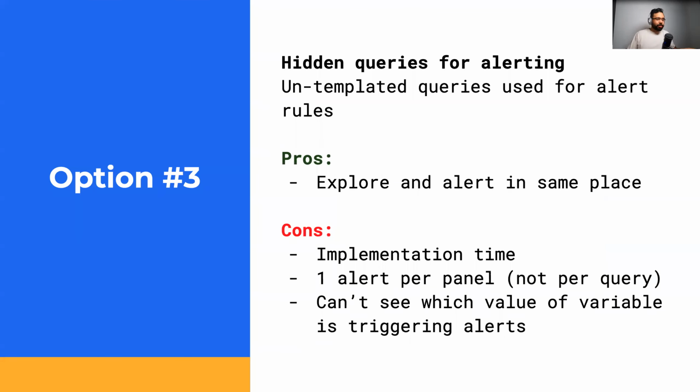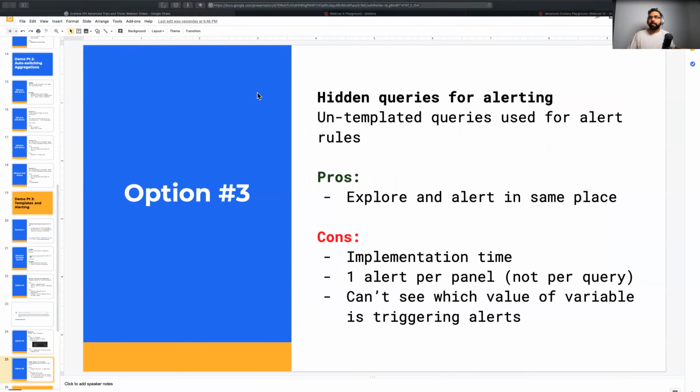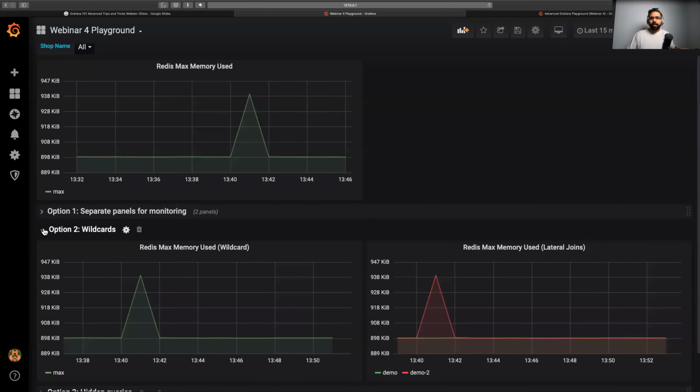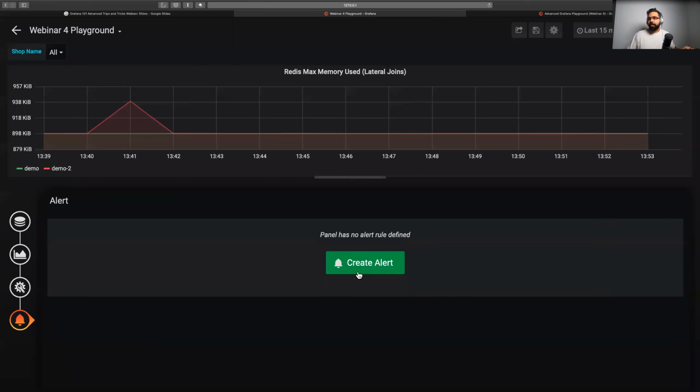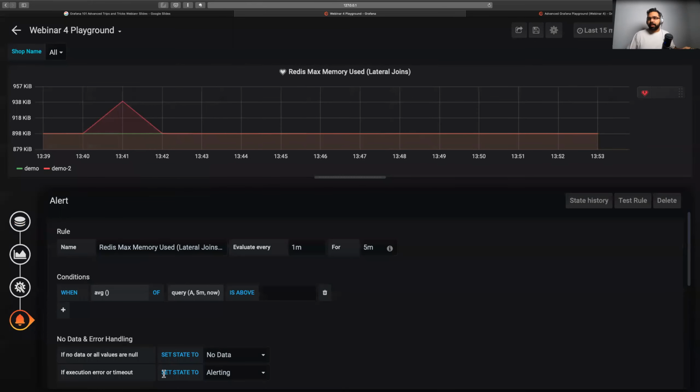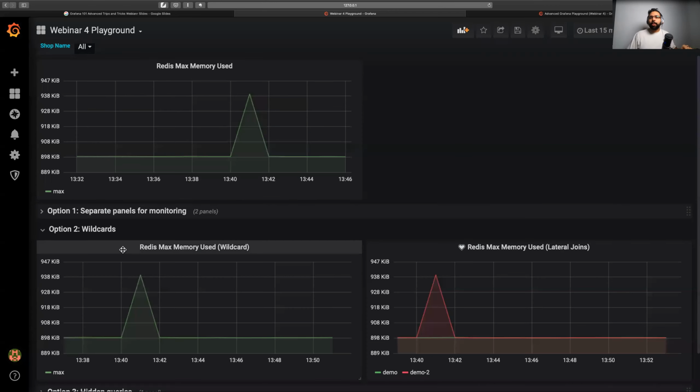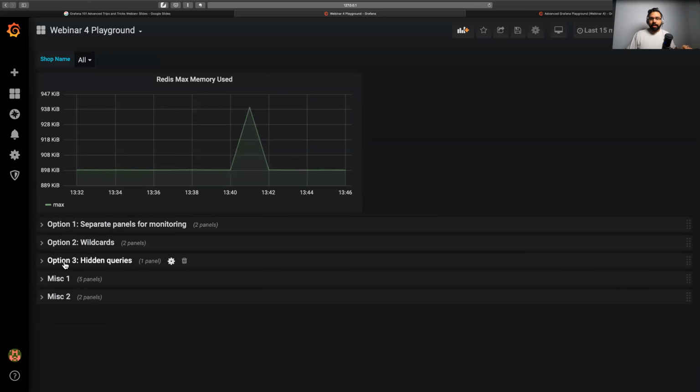Okay, and then option 3 is that we use something called hidden queries for alerting, and these are basically untemplated queries that you can use to then define alert rules on. So what I'm going to show you now is this third option. So wildcards we saw, and again, just to show you that we can actually have alerts on this, I can create an alert, and this functions like a regular query, even though I'm using wildcards in this case to mimic templating. And here under the hidden queries,